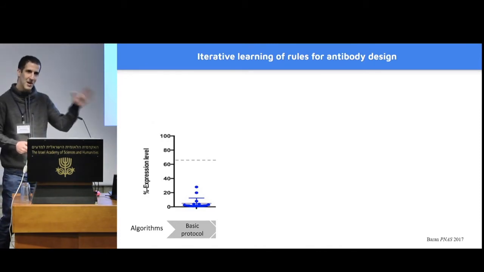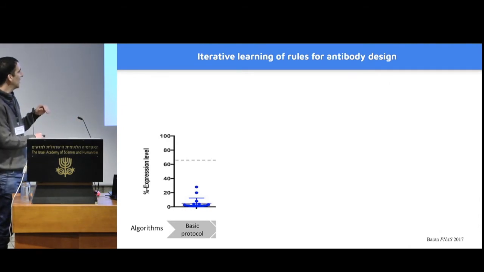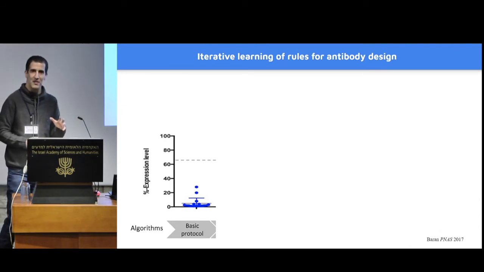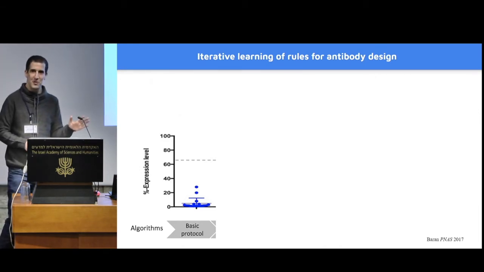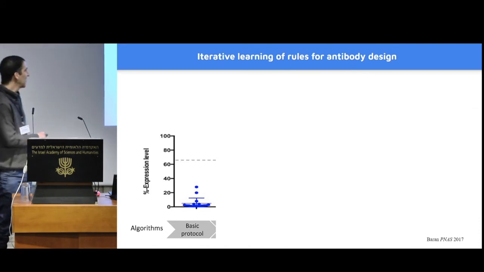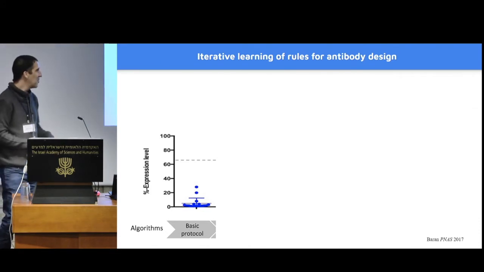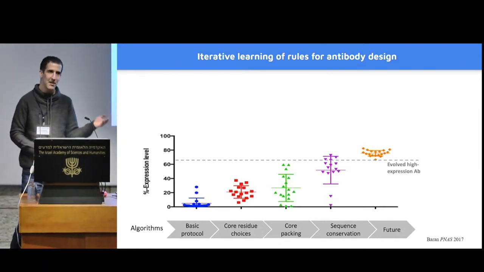But just before testing binding, we also tested their expression levels. And this is what you see here. The expression levels were terrible. This is a horrifying example of failure in computational protein design. I'd never seen anything worse than this before or after. So very, very bad. But over the course of 5 iterations of this design and experimental testing, we got to